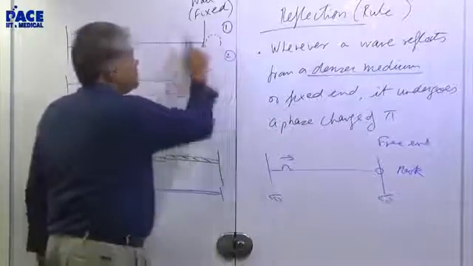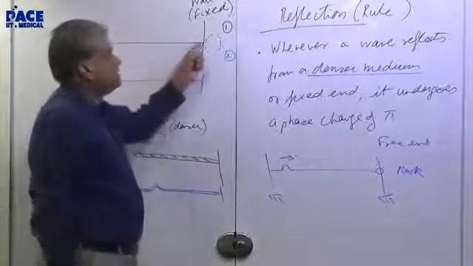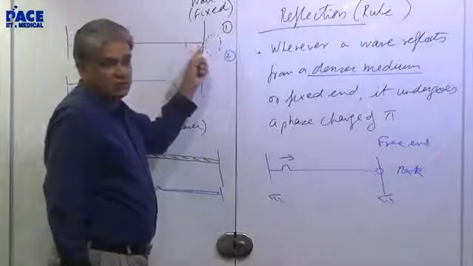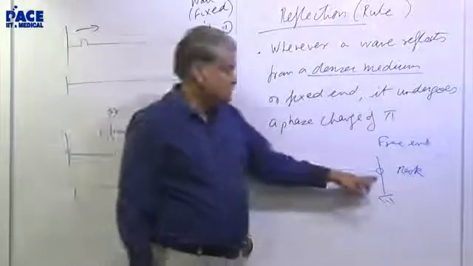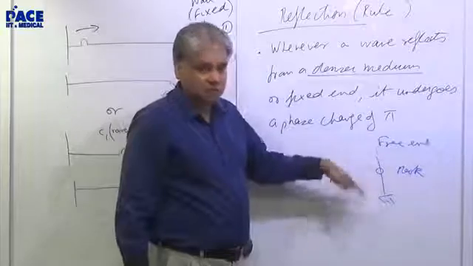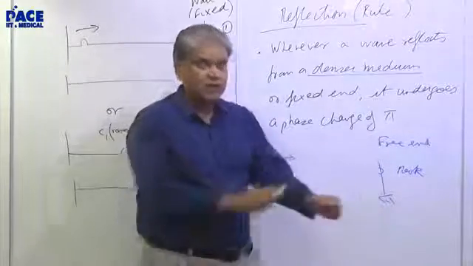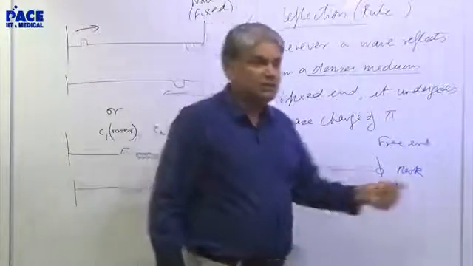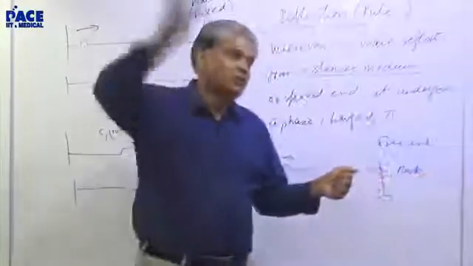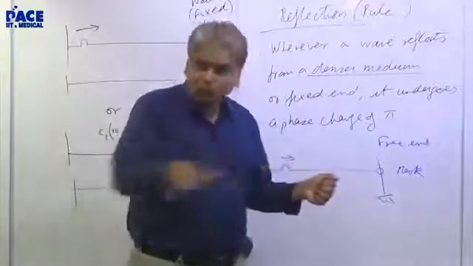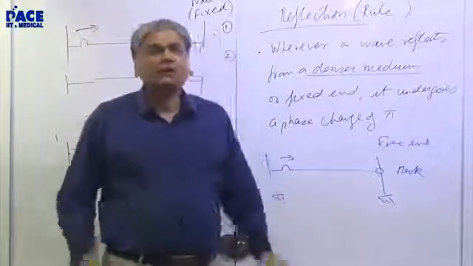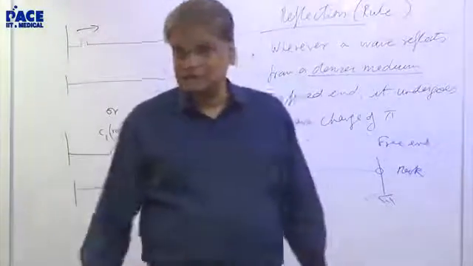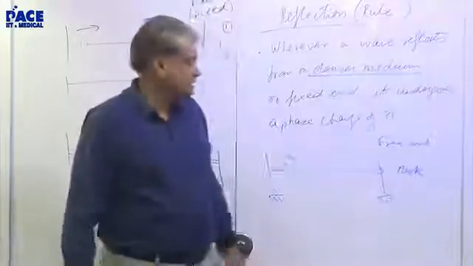Fixed means this point cannot move. This point can move, but that point is attached, it is fixed. It cannot even budge from the place. This has some kind of freedom. Like if you are chained to a spot, even with a chain you can go a little here and there. You are not free to run away, but you are free to move, right? Any animal, like a cow tied to a tree, can graze the grass around the tree. So something like that, some minimum freedom is there.